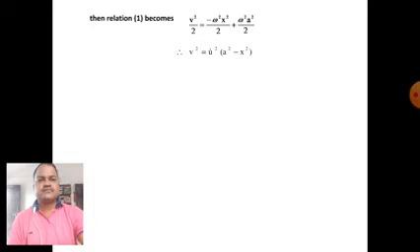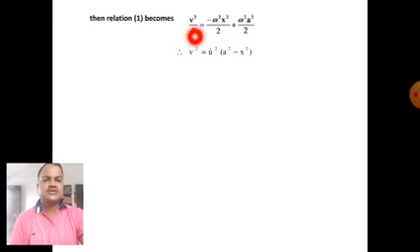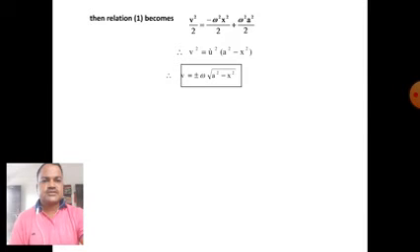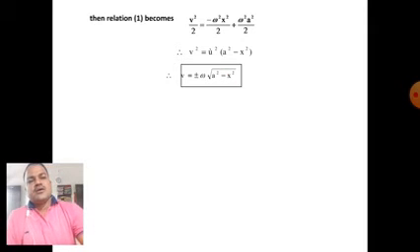In the next step, the denominator 2 arises here. So this 2 and this 2 get cancelled, and the formula will be v square is equal to omega square into bracket a square minus x square. Taking the square root on both sides, we get the velocity is equal to plus minus omega times the square root of a square minus x square, and this is the expression for the velocity of a particle performing linear SHM.